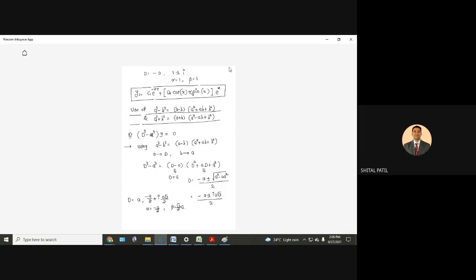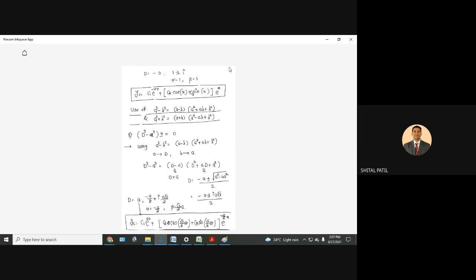Okay, therefore what is the corresponding complementary function? y of c equal to c1 e raised to ax, corresponding to this A, plus c2 cos of root 3 by 2 ax plus c3 sine of root 3 by 2 ax into e raised to minus a by 2 x. Please write it correctly. It is a little lengthy, understand it well and write it. But there is no change in the formulas. There is no change in the formulas.